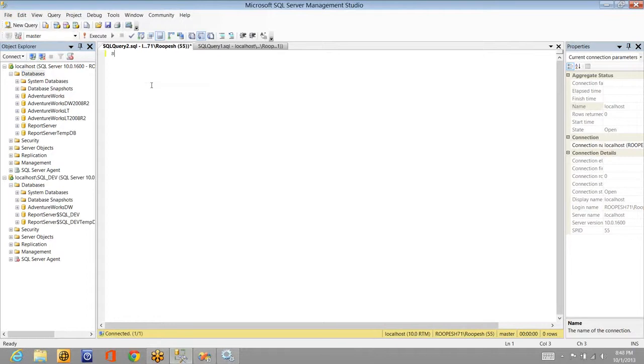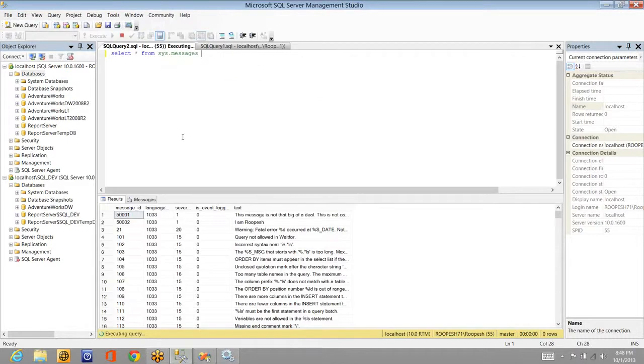Default instance, and if you go to select star from sys dot messages, you can see there will be some messages. Let me order it by message ID.